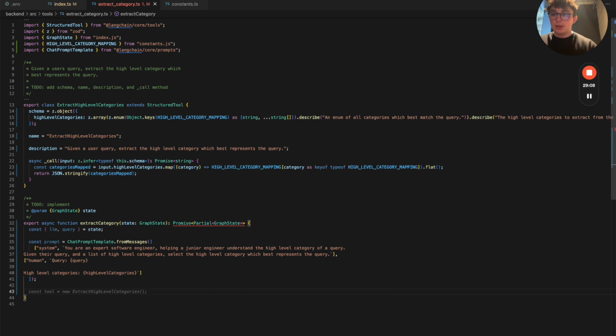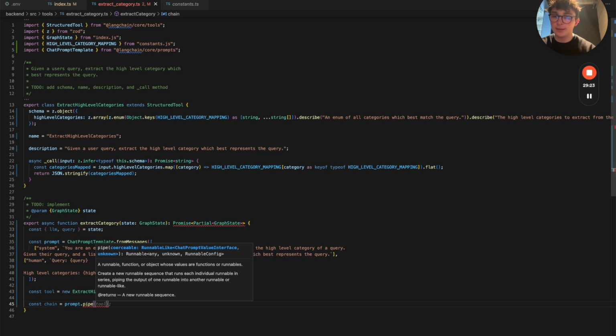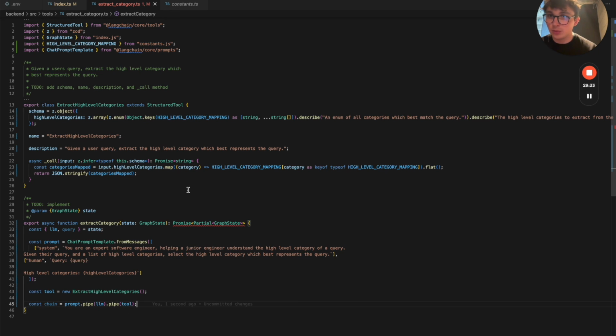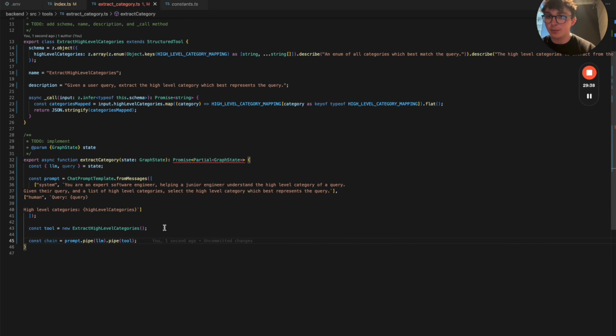Then we can define our chains. This is right. Thank you, Copilot. We're going to want to define our tool first by instantiating this new class, and then we can define our chain. We can say const chain equals prompt.pipe. We're going to want to pipe that prompt to the LLM, and then pipe the response of this LLM to the tool, which actually will not work because we're going to want to parse the output of the LLM